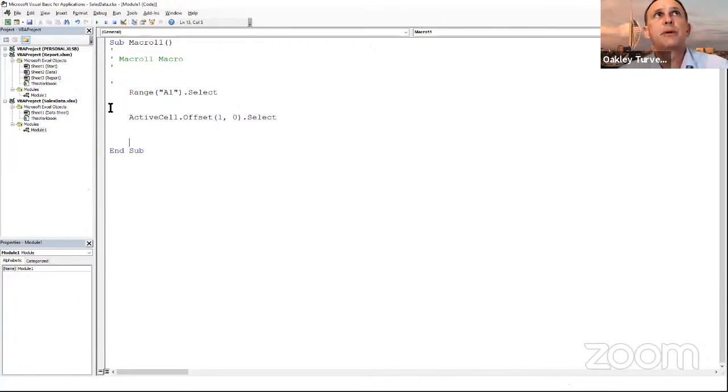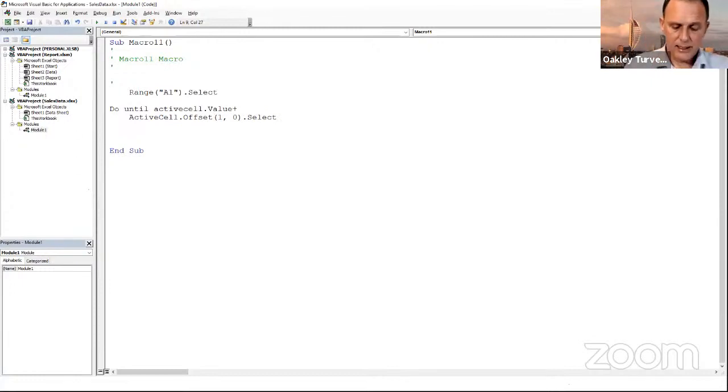So we're going to put in what's called a loop here. I'm going to say do until, and then put in the criteria for what I want. So do until active cell value, and we can choose from the code prompt.